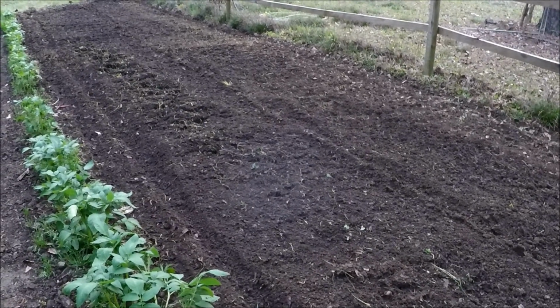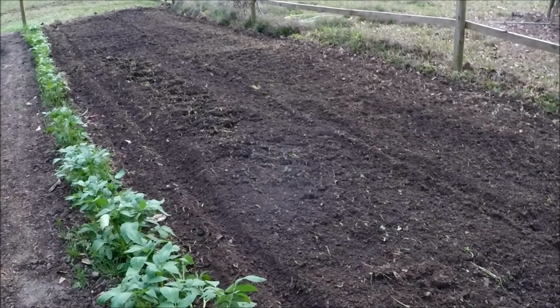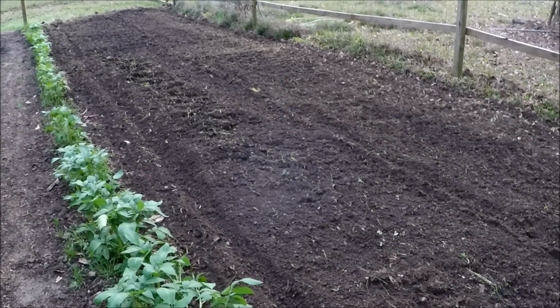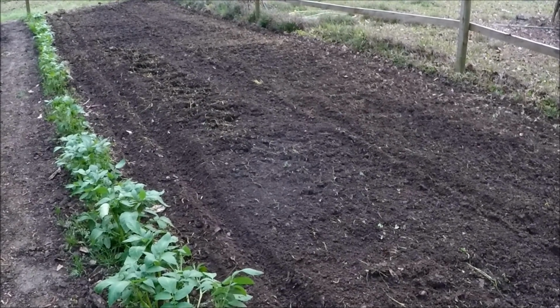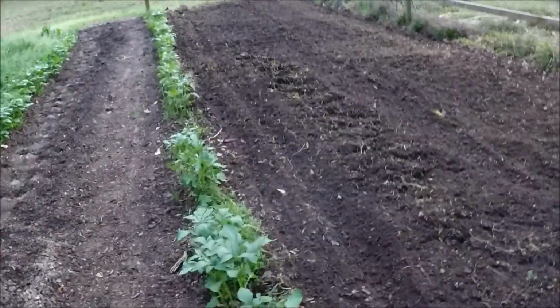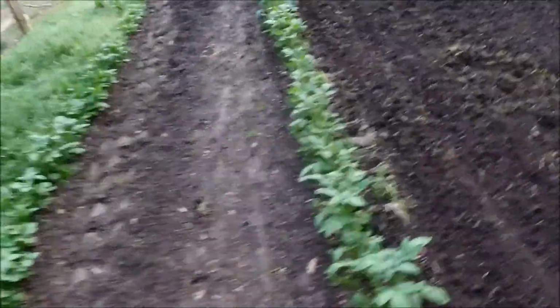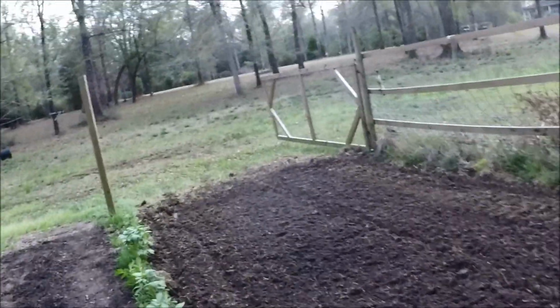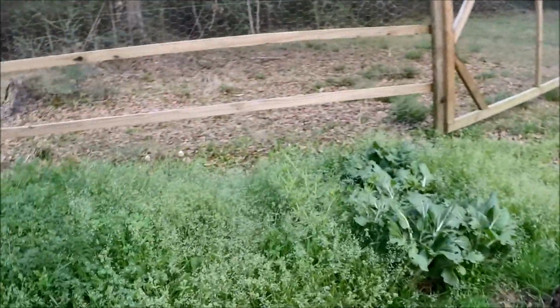I really want to do a lot of green beans. I really want to do a lot of different kinds of beans. Lima beans, pole beans for green beans. I want to do red beans. Yeah, I want to do everything. And then I want to do field peas too. I like beans. We all like beans here in the south. We love beans. I mean, I think northerners love beans too. So anyway,